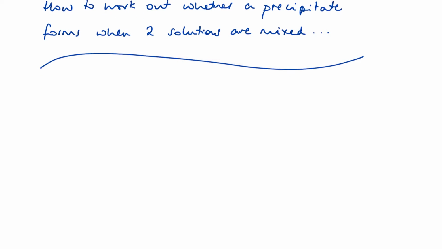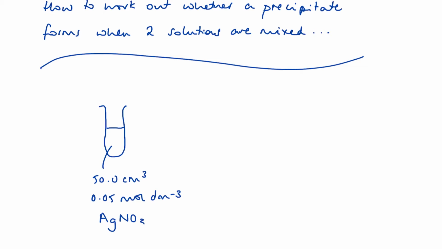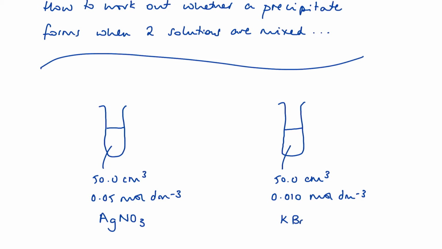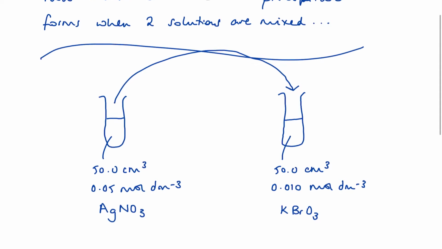We're going to mix two solutions. In my example, solution 1 is going to contain, let's go with 50 centimeters cubed of 0.05 mole per decimeter cubed of silver nitrate. And my second solution, some slightly wonky beakers here, they'd be quite big test tubes, wouldn't they? 50.0 centimeters cubed of 0.010 mole per decimeter cubed of potassium bromate. So if I pour one into the other, the question is, with those volumes and concentrations, will